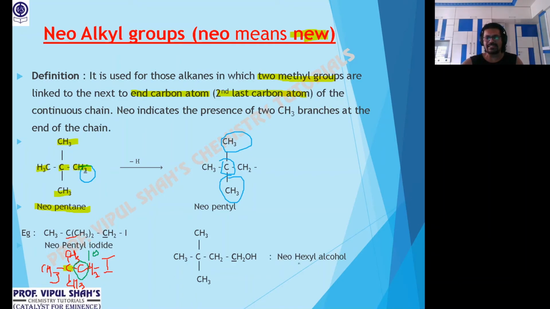Same way, one more example, look at that. Neohexyl, meaning 6 carbon atoms. Second last carbon. Can I say it's attached to four other carbon? Yes. Or the second last one is attached to two methyl groups. Total 6 carbon atoms, so neohexyl alcohol. Once again, the nature, which carbon we will see, to which the functional group is directly attached. That is this carbon. This nature is always 1 degree. So this is what we call a neo.